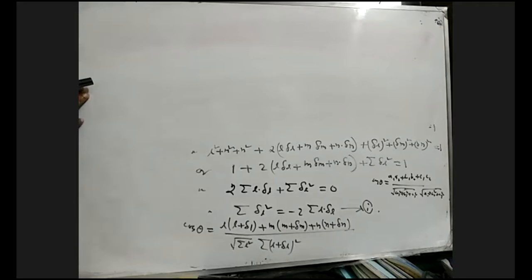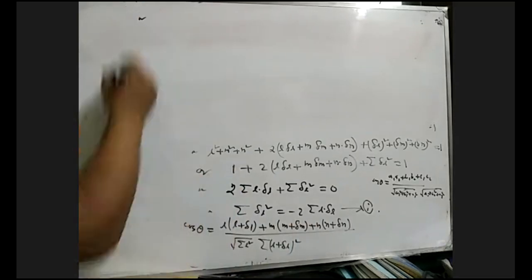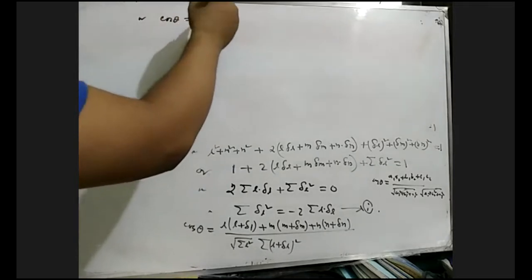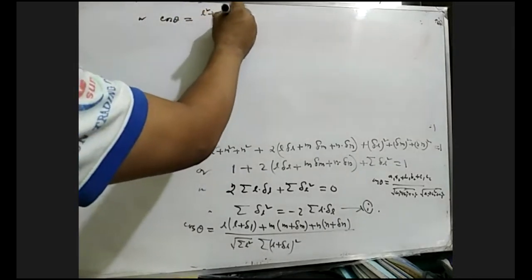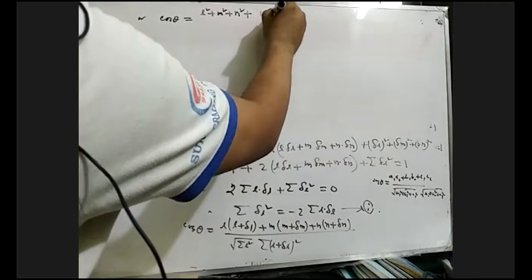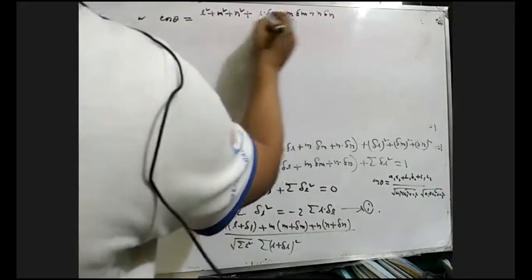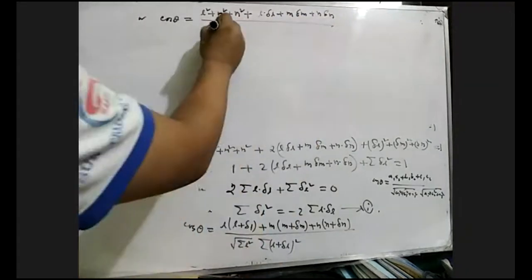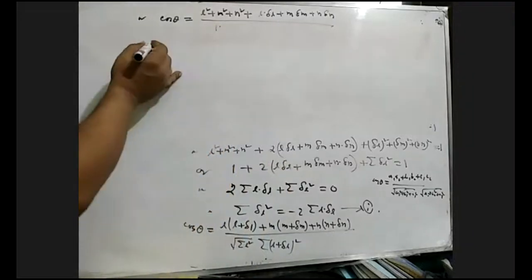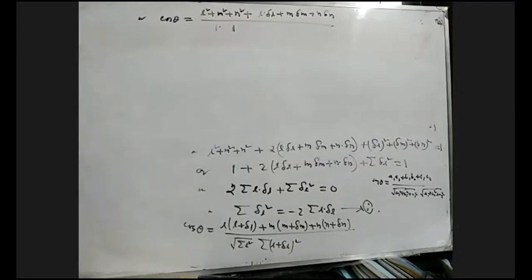Now just calculation, we get L plus del L, L square plus M square plus N square. After this line, cos theta equals what? L square plus M square plus N square, L del L, M del M and N del N, divided by summation L square, which is 1. And summation L plus del L whole square will also be 1. Understand everybody? Same.